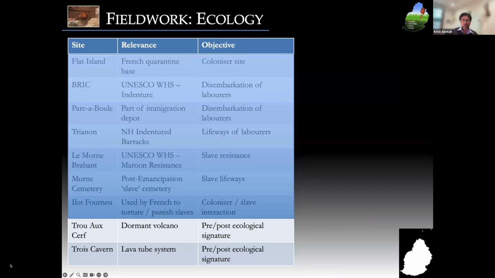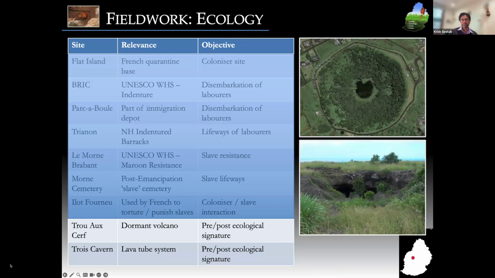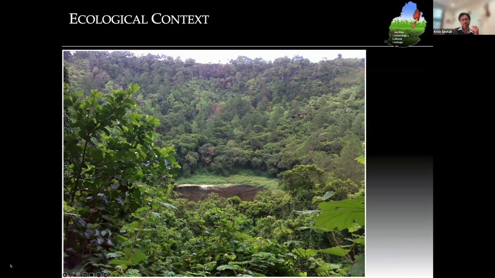For the ecological context, there are two sites of significance, which really serve as points of departure for approaching the environmental assessment of the island. I'm going to run through this very quickly. This is Trou aux Cerfs, a lake crater in the center of the island, and we have undertaken some work